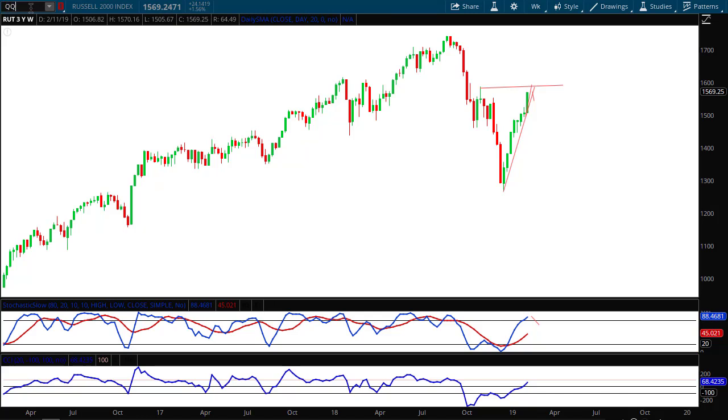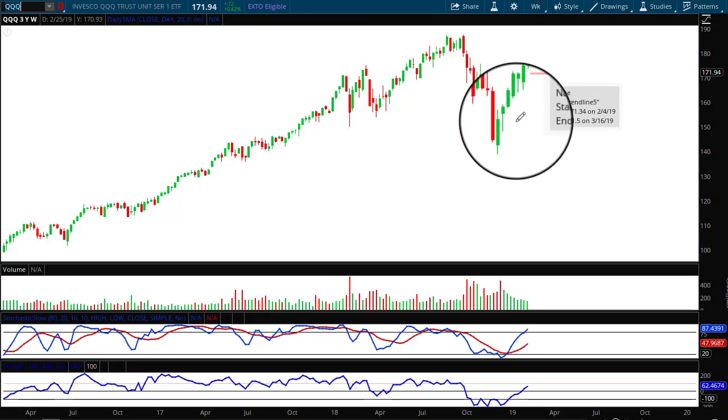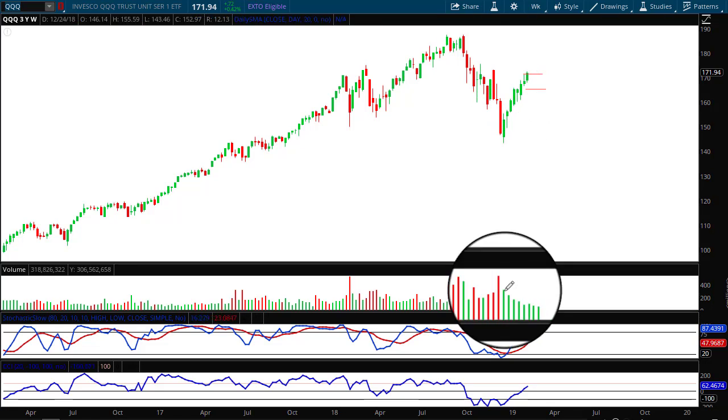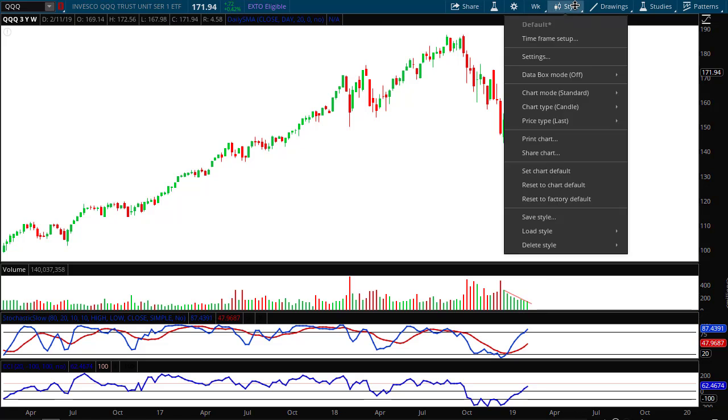If we look at the Qs, that's the NASDAQ market, ticker symbol QQQ, we see another long stretch of green right there. That is, again, 8 green candles in a row. But the difference in the Qs is that the volume is steadily dropping on the NASDAQ on the weekly chart. Again, that's the first time that that's happened, where the volume is dropping as the green is showing up.